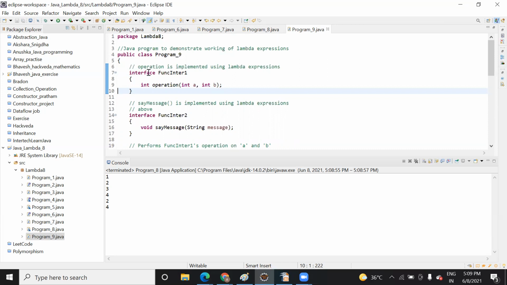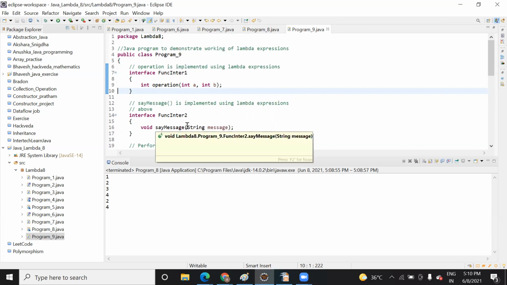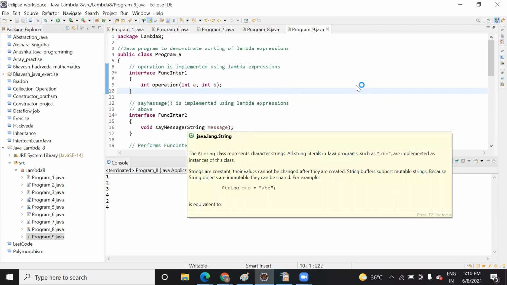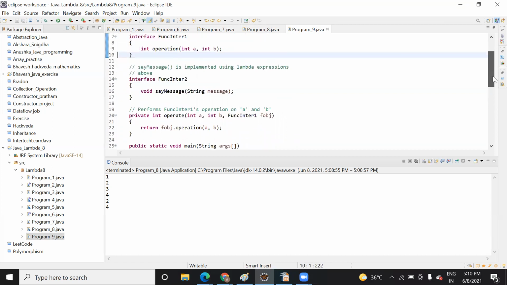Here I have declared an interface. Inside this interface I have created a function, int operation, with these two parameters. Similarly, here is one more interface where I created void say message, and I'm passing this string message as a parameter.